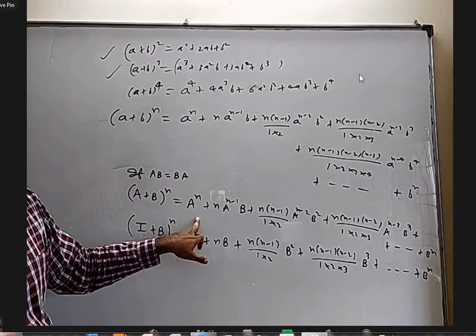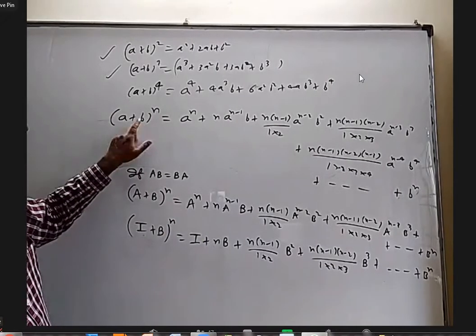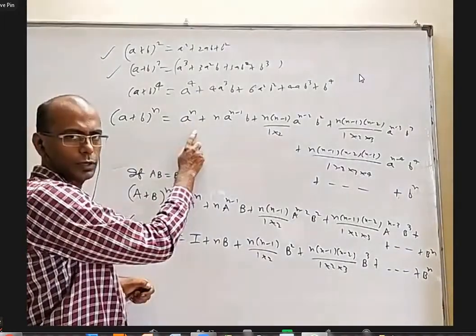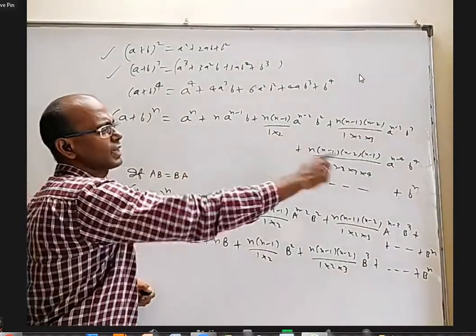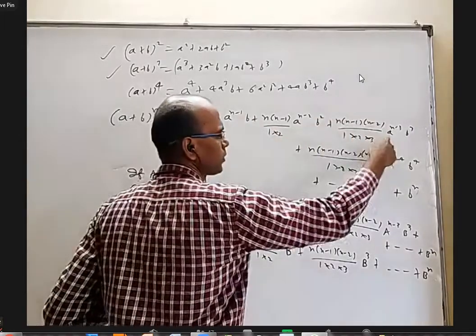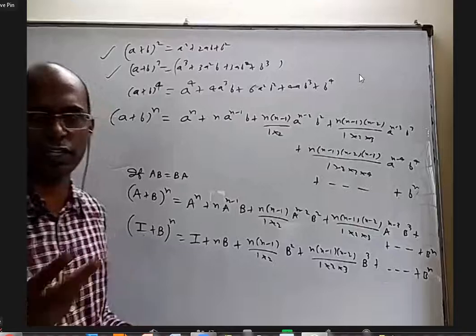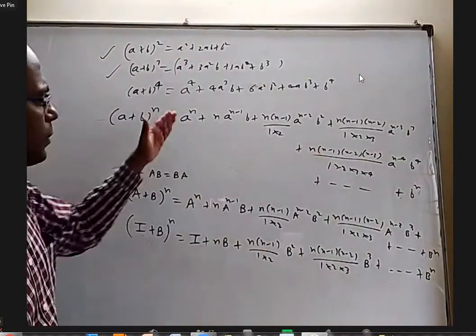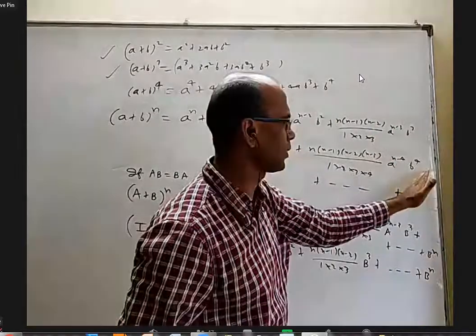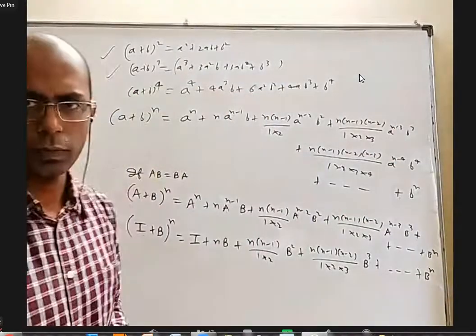That one only, sir. Formula: (A plus B) to the power of n. That is for real. Okay, both are same anyway. This is A power n. Yes, power of A keeps on decreasing. Here A power n, here A power n minus 1, here A power n minus 2, here A power n minus 3, here A power n minus 4. Finally, A will vanish in the last term. Here B is missing, here B once, here B square, here B cube, here B power 4, and finally B power n. Is it okay?